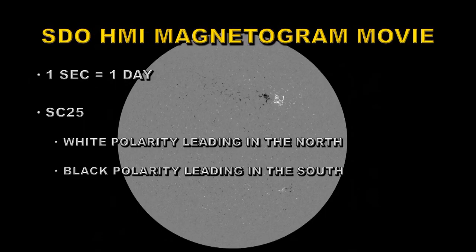Well, let's start by looking at some movies. We're going to start with the SOHO magnetogram movie. Remember, 1 second is approximately equal to 1 day. If you want to be able to tell from the magnetogram which solar cycle these regions come from, in the northern hemisphere,